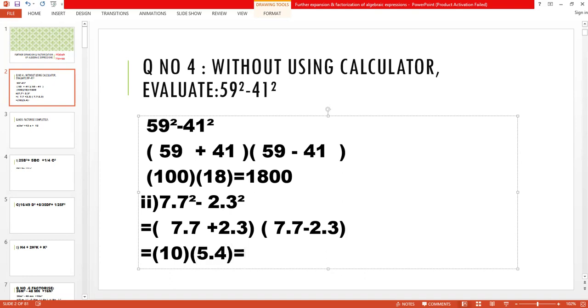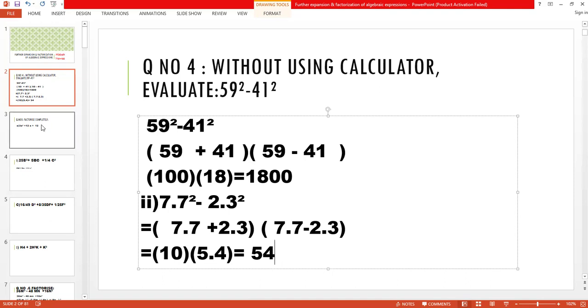When you have to multiply with 10, it is equal to 54, because 5 जो है यूनिट प्लेस पे 1 स्टेप राइट साइड पे मूव करेगा. जब राइट साइड पे मूव करेगा तो क्या आ जाएगा, टेंस पे आ जाएगा, और 4 10th पे है तो ये किधर आ जाएगा, यूनिट पे आ जाएगा, तो इट बिकम्स 54. तो ये आपके पास है क्वेश्चन नंबर 4 पार्ट 1 and 2.